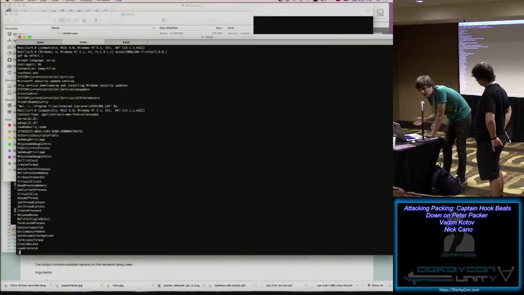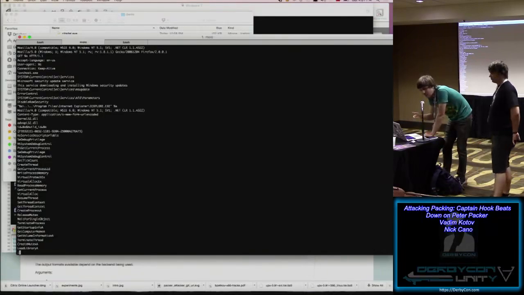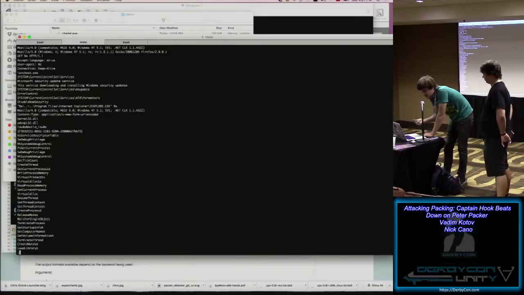Although you unpack the final malware payload, all the strings could be encrypted, as well as the API function names, and resolved on the fly. We have a couple of ideas what to do with it, but so far that's as far as it gets. And if we look again at the entropy,